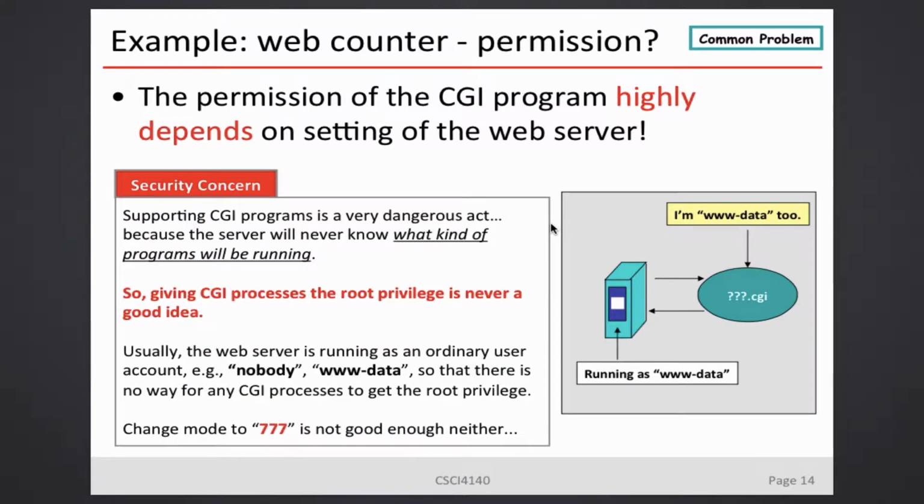Now, there is one concern. I would say that our department is doing a very good job, and you're never aware of this. If you have web hosting experience, you host others' code, you host others' programs, then you will encounter this problem. So what is this problem? The problem is